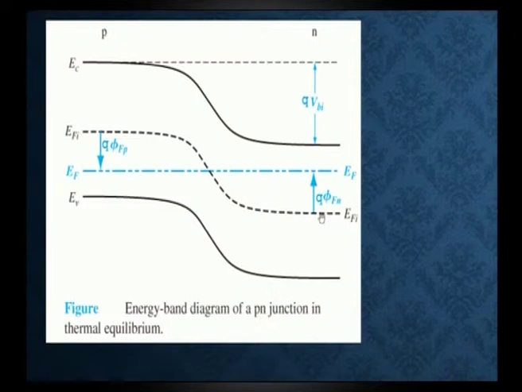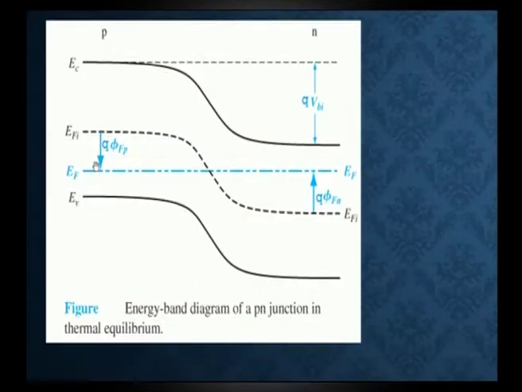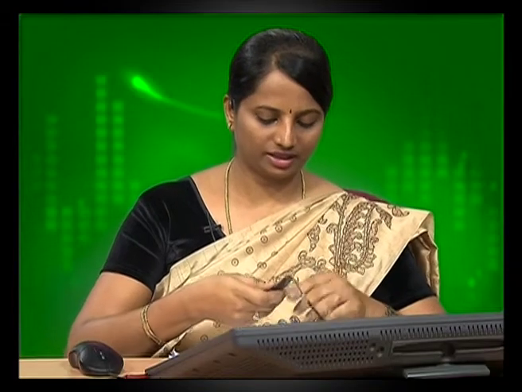That is the difference of EFi minus EF, which is the potential that occurs across the n region. Also, the potential present in the p region, that is Q phi FP, represents the potential that occurs in the p region, and it is likewise a difference of EFi and EF. So, considering all these assumptions and the step junction, we are going to derive the built-in potential barrier.